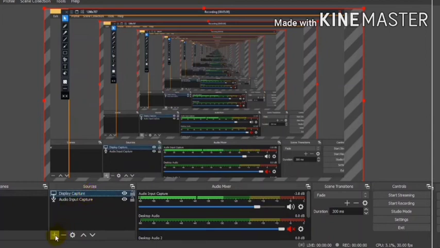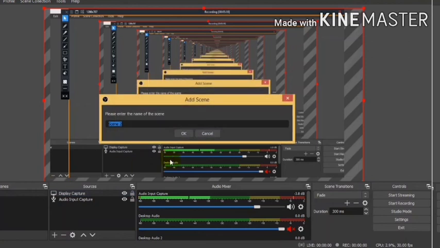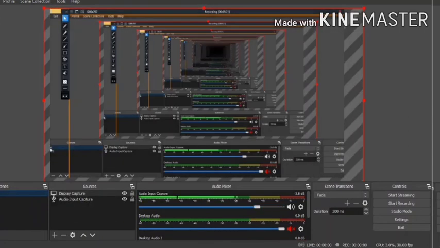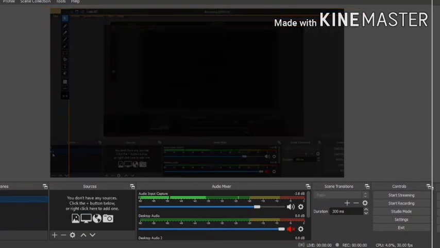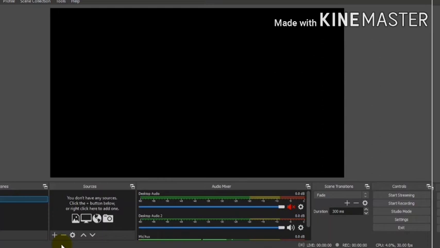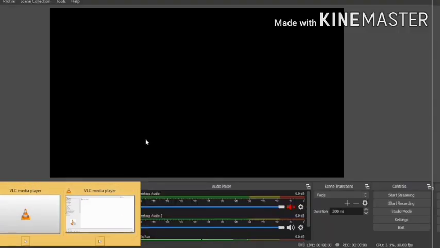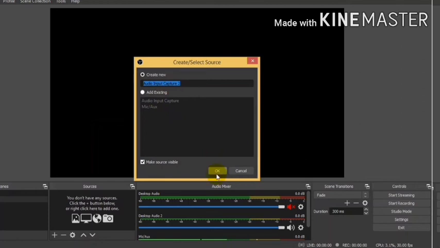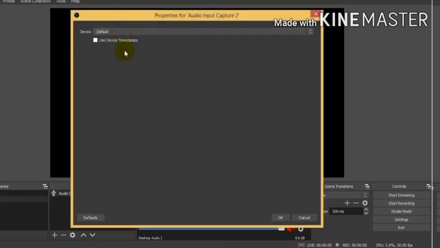We can also add multiple sources like a webcam, and with it we can also add text. To add another screen we can use Screen 2. In Screen 2 we can use a different set of sources, say webcam and text and some PowerPoint slides, so we can switch among them also.